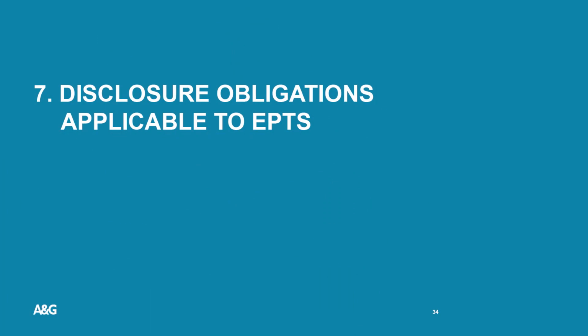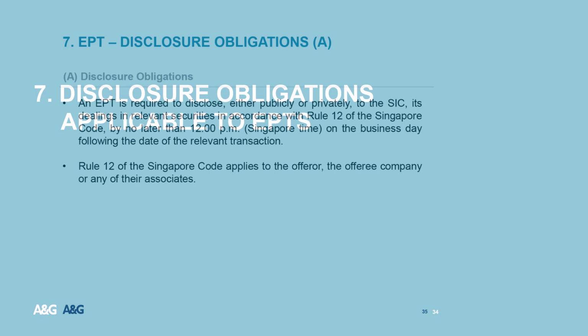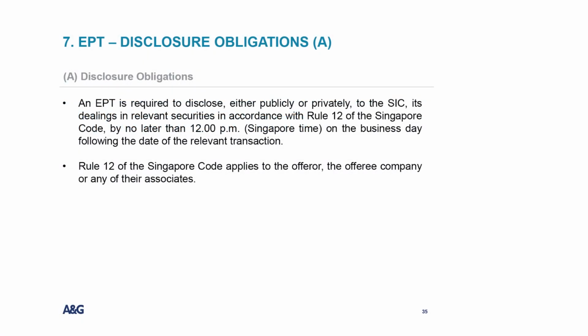Now, going to the disclosure obligations for EPTs. Similar to EFMs, there are essentially two forms of disclosures. It's either a private disclosure to the SIC or a public disclosure via the SGXnet. And the deadline for disclosure is the same as for EFMs, in that it must be done by 12 noon the